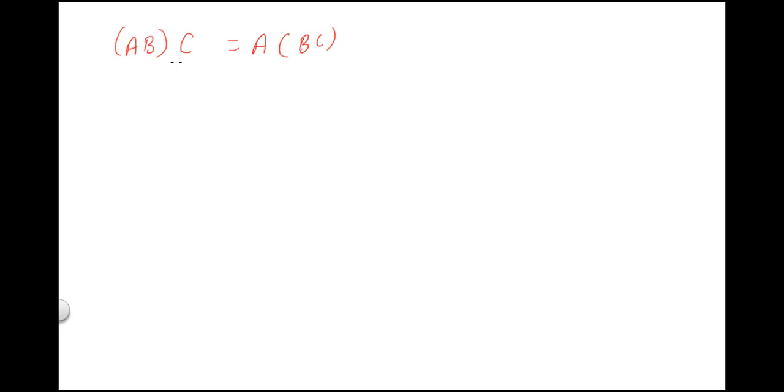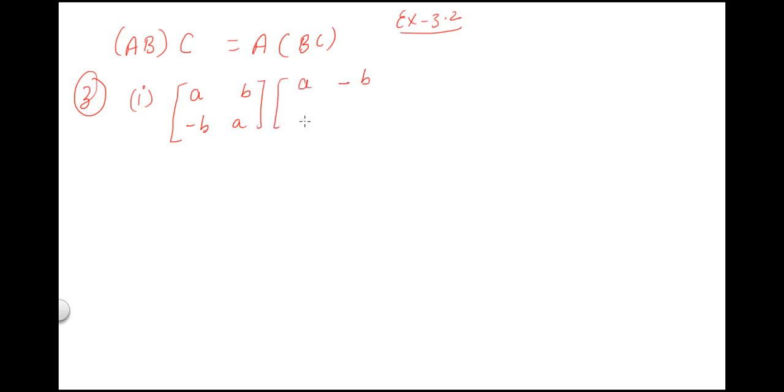Okay. Now we will do some exercise questions based on matrix multiplication of 3.2. So yesterday I did not ask you to do question number 3 because it is based on matrix multiplication. Question number 3. Okay, so let us discuss any two parts of it. I'm discussing the first part first. It has two matrices. It is exercise 3.2. In question number 3, first part, the first matrix is A, B, minus B, A. And the second matrix that is to be multiplied with it is A, minus B, B, A. Okay, let us multiply.